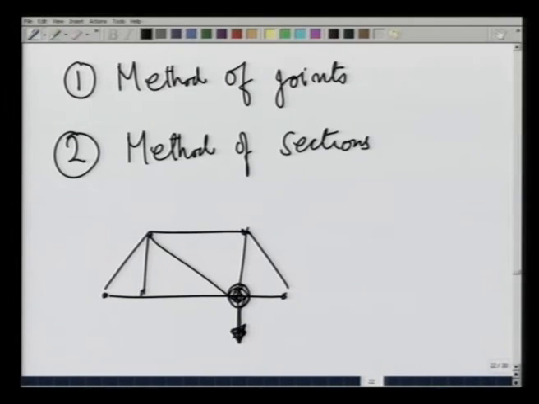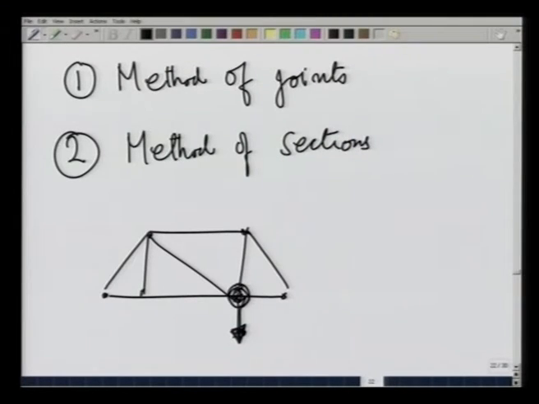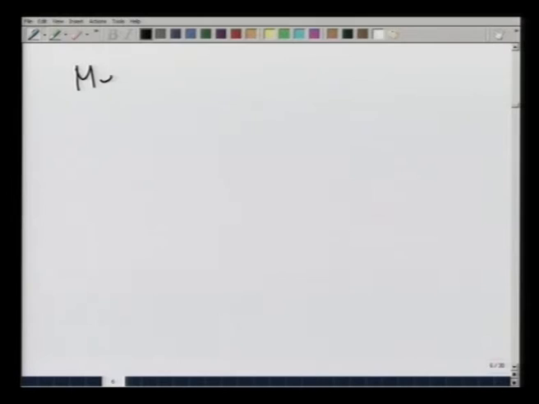In case you have more forces than you can solve for, then you first solve for the reactions at the fixed points, and then because there are only two members at those end fixed points, you can solve for the forces in those members and then go on to the next joint and so on. I am going to demonstrate the method of joints through several